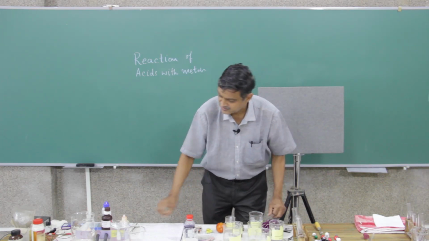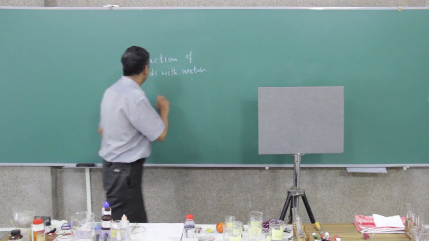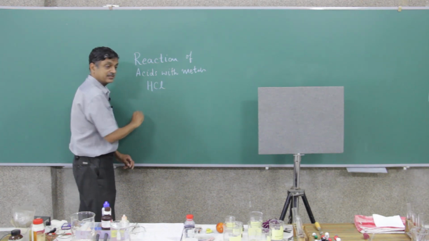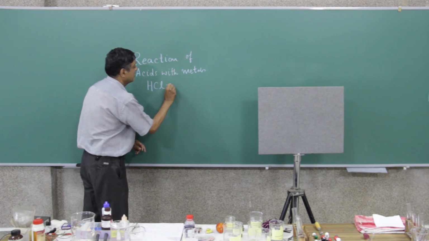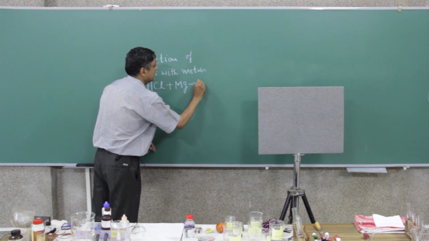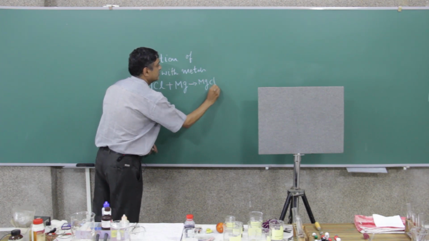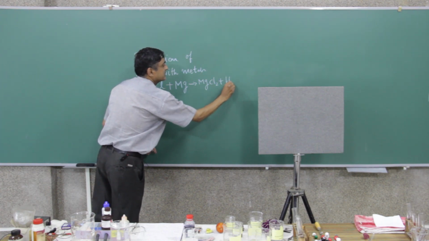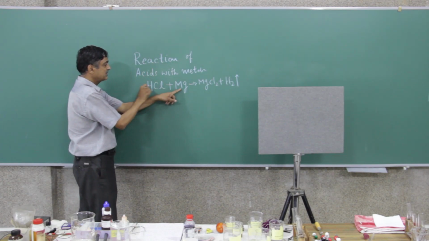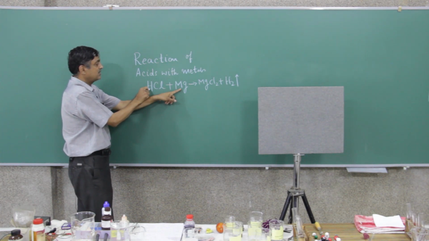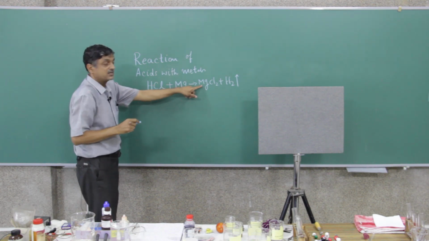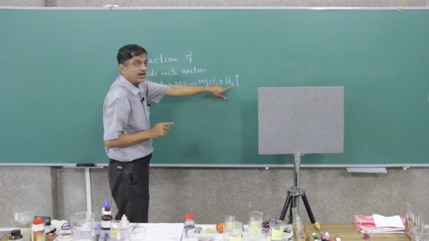So what is happening here is the following. I will just write down the equation with respect to hydrochloric acid, which is much easier to follow: HCl plus Mg gives rise to MgCl2 plus hydrogen gas. So the magnesium displaces hydrogen from hydrochloric acid and forms magnesium chloride, which is a salt, plus hydrogen gas is